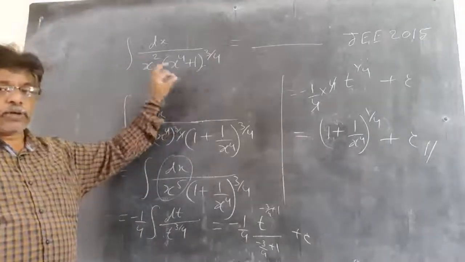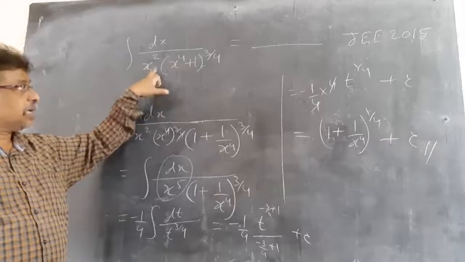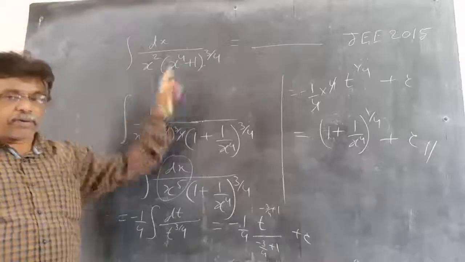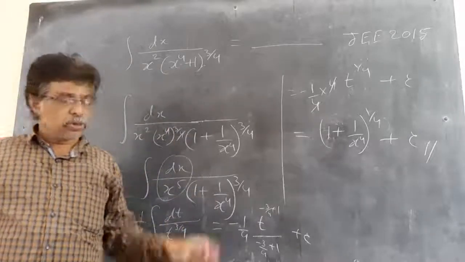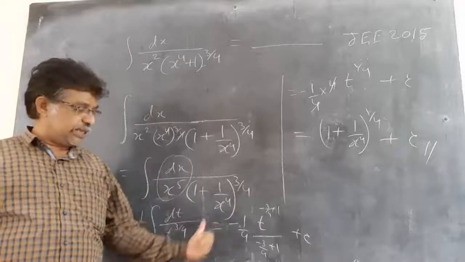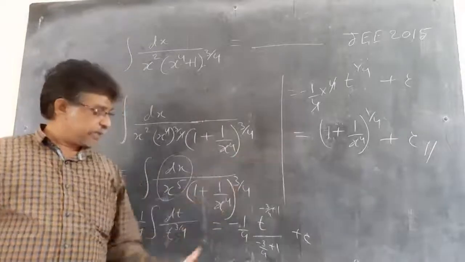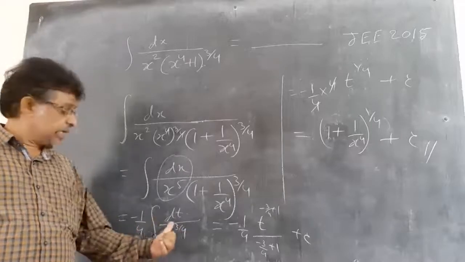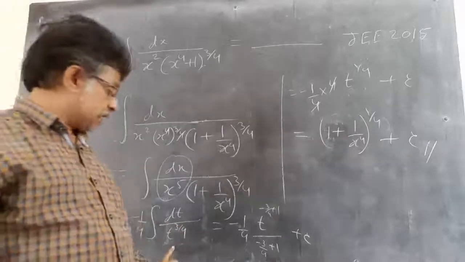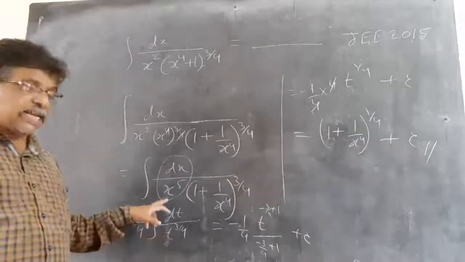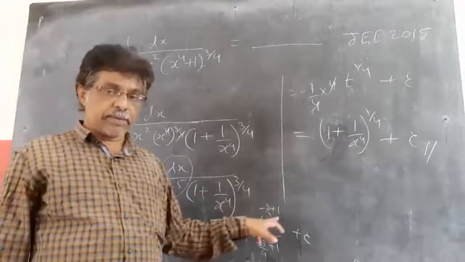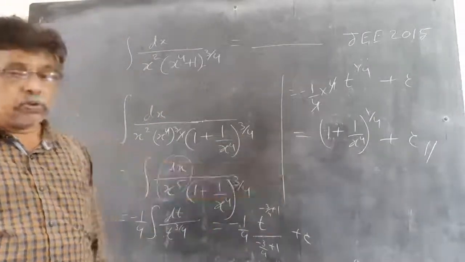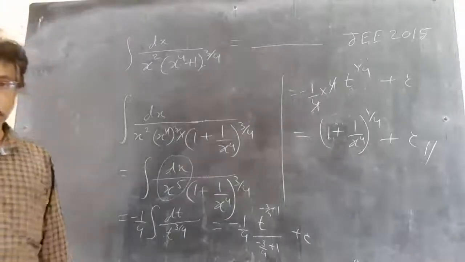Just taking x power 4 common, you need to get this idea. By taking x power 4, it becomes x cube into x square, x power 5. Automatically the derivative of 1 by x power 4 is 1 by x power 5. So using that logic, you need to identify, then do that. Taking this as t, that becomes dt. So dt by minus 4 outside, minus 1 by 4 outside, dt by t power 3 by 4. Now x power n formula: t power 3 by 4 means t power minus 3 by 4, then x power n plus 1 by n plus 1, minus 3 by 4 plus 1 by minus 3 by 4 plus 1. And then back substituting the t value, 1 plus 1 by x power 4. Very simple.